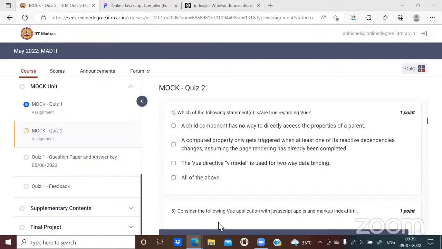But generally, what we do in the case of methods is that they are basically bound to some events. Let's say you click somewhere, you enter something, or you do such and such things. Correct. So let's say hypothetically there is a text box and there is a button, and we attached a method to the button.